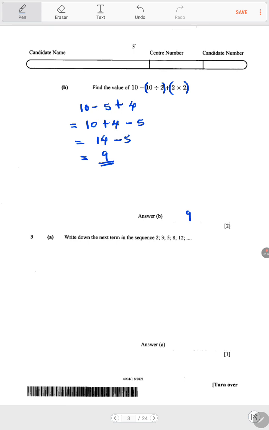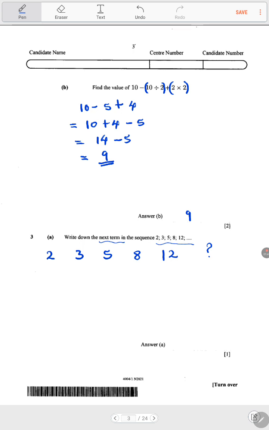Okay, and then on the next question it says, write down the next term in the sequence 2, 3, 5, 8, 12. So this is what you need to do when you're looking at number sequences. You need to know exactly what is happening, what is common in that sequence. So if we rewrite the sequence, we're going to write 2 here, we write 3, we write 5 there, we write 8 and 12, and they are saying you should write the next